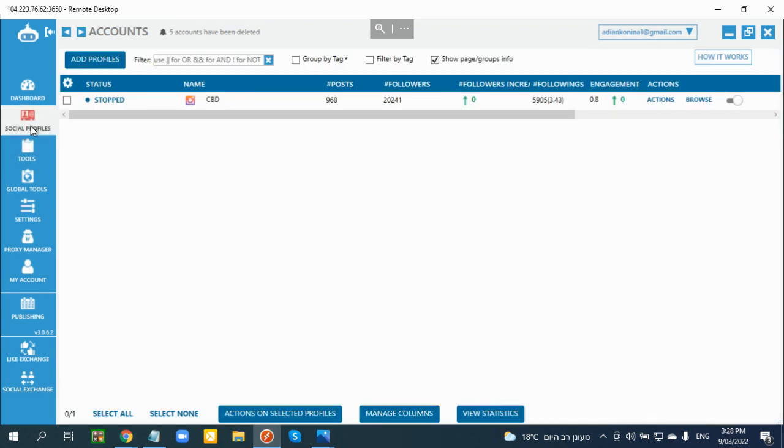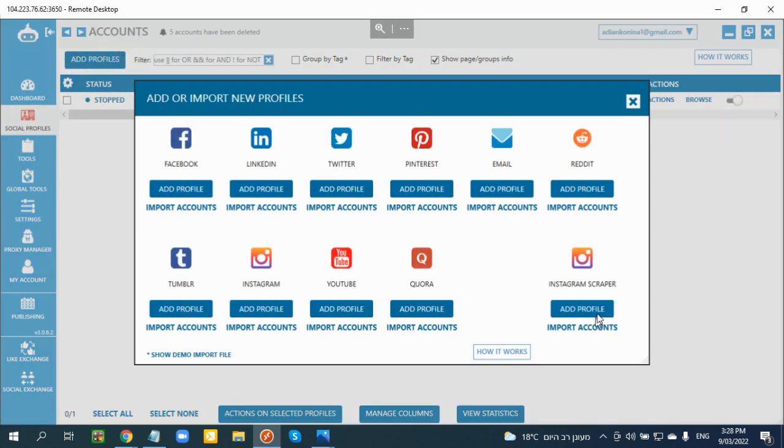Cool. So if you remember, we made a file with the scrapers, and now I want to add the scrapers over here. So I click on Add Profile and have a look. I have two options over here. I have Instagram and I have Instagram Scraper. Now, if you're asking yourself what is the difference,